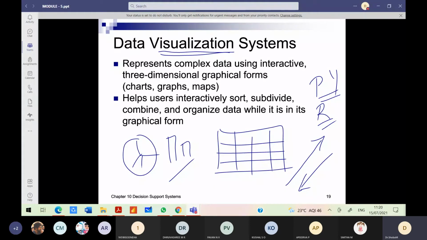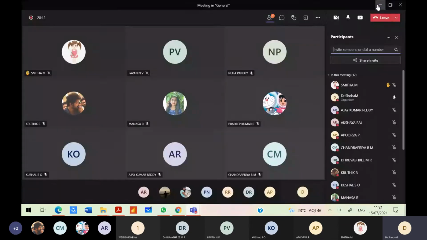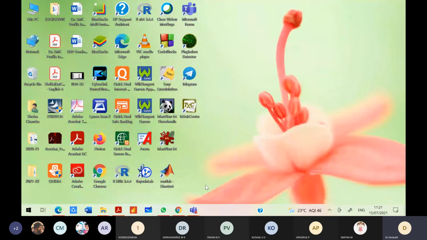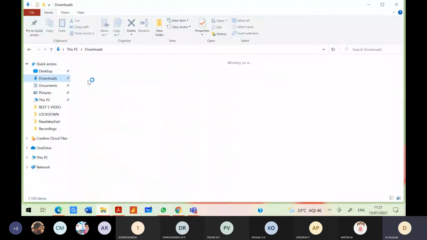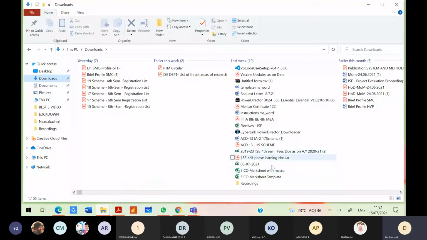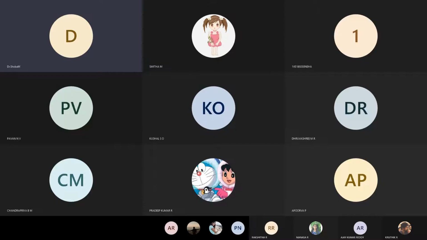See, with Excel also we can do this. I'll just show you one Excel, 1 minute. If I open the Excel application on my system, give me 1 minute, I'll just share the screen.